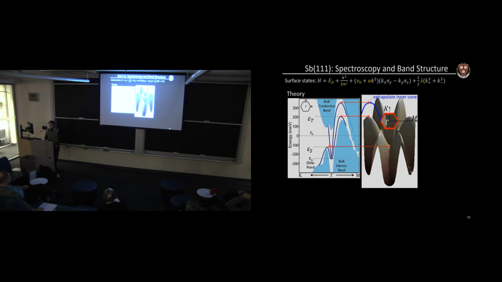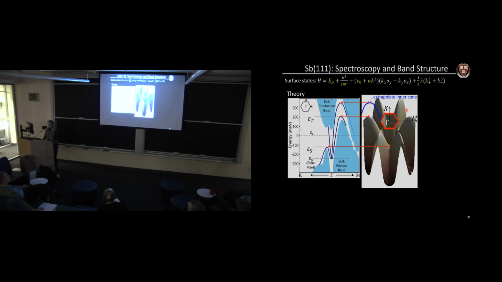And that inversion generates these topological surface states, which, again, are these two spin-split parabolas that turn down at the edges. So this is a one-dimensional projection of the band structure from theory. If I rotate that around in two-dimensional space to see what the surface state would look like as a function of kx and ky, it looks like this beautiful six-fold symmetric flower. Here are the inner crossed parabolas, and then the outer crossed parabolas also turn down and have these lobes here.